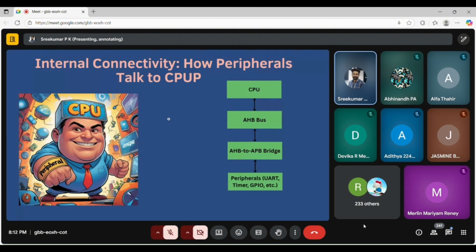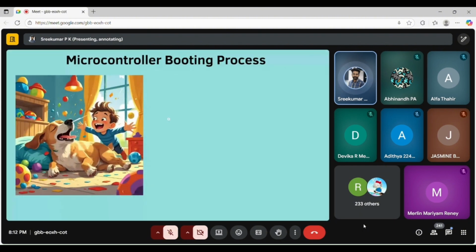Okay. Now moving forward to the microcontroller booting process. Till now, we were discussing the hardware. Now we are gradually switching to the software tools associated with building the software.